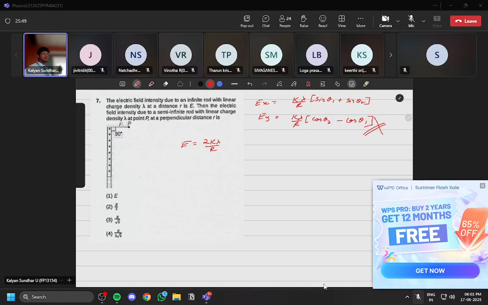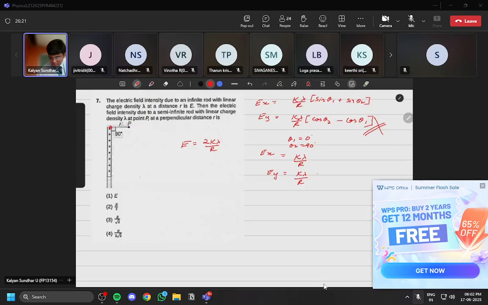So what is this angle? Theta 1 is 0 degrees. You see this end here, so there is no angle of elevation, it is 0, and the angle of depression, I mean the declination, is 90 degrees. Correct? When you substitute this, theta 1 is 0 and theta 2 is 90 degrees. So Ex will be equal to K lambda by R. Ey will be equal to K lambda by R